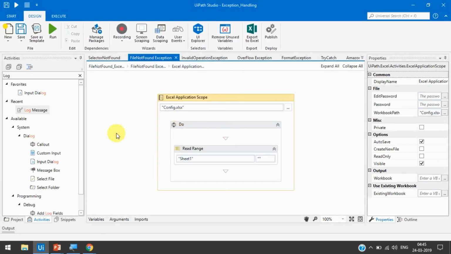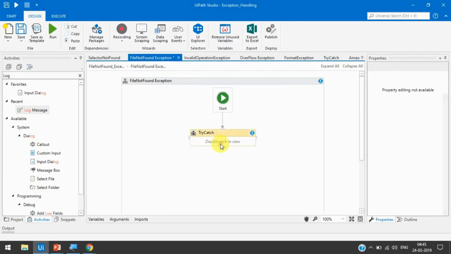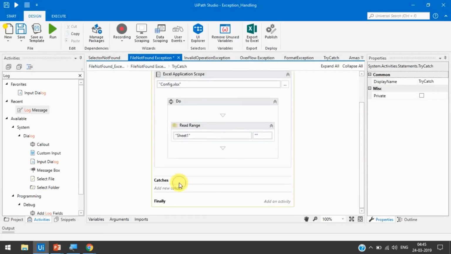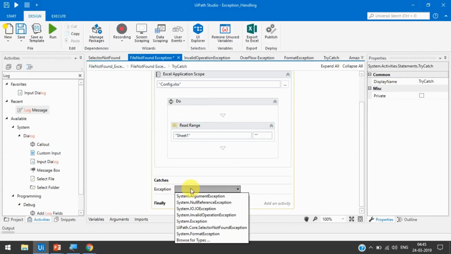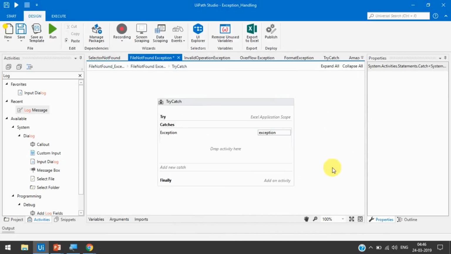So what can we do? We can first put that activity in a try catch block using Ctrl+T, and then in the catch block we can take a file not found exception, or we can take system.io exception, or we can directly take system.exception. All three will work the same, right?